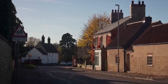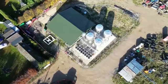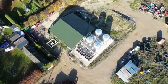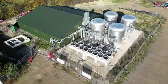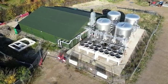This quiet English village may be paving the way towards net zero for Britain. In Swaffham Prior, a vast heat pump generates enough warmth to supply houses throughout the village. And it's the first of its kind in rural England. We can connect up to 300 properties in Swaffham Prior, and that will be the entire village running on net